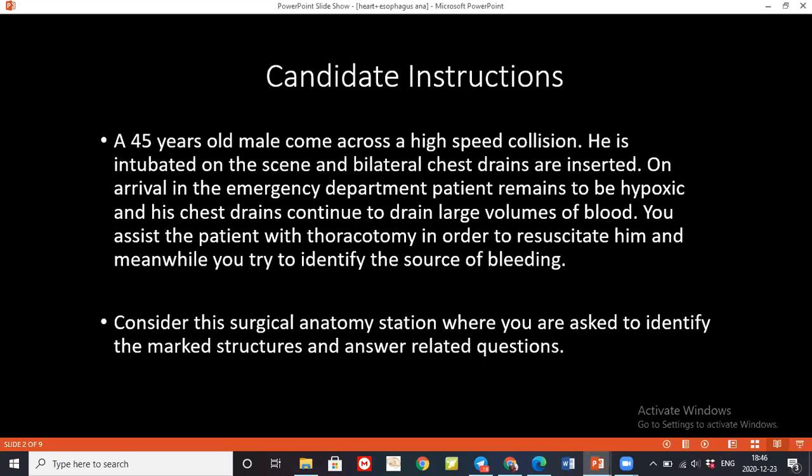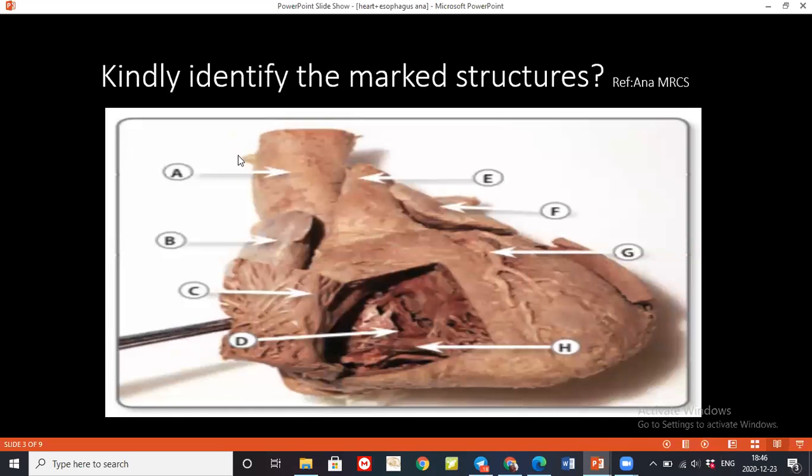Yes. So if you have read and understood, let's begin our session. Can you please identify the following structures from A to H? A is superior to ascending, A is the ascending aorta. B is an auricle of the right atrium. Very good. C